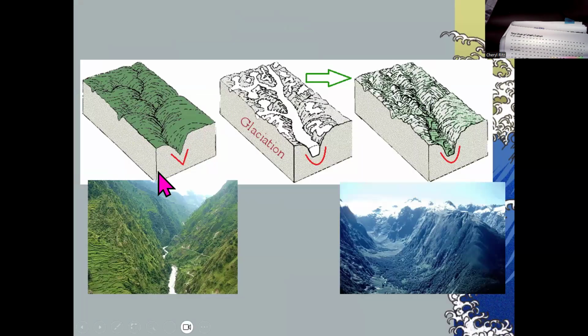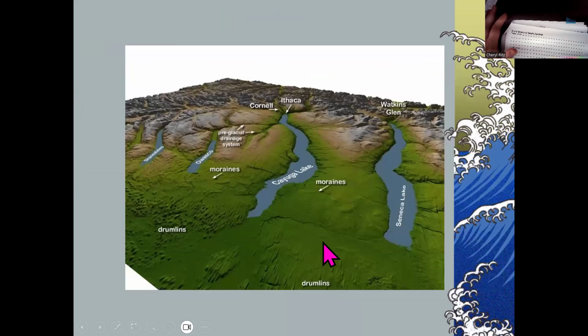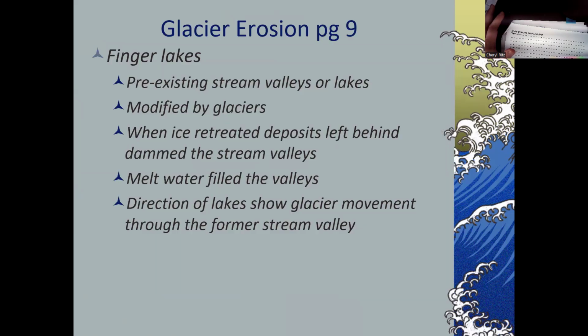Finger Lakes were caused when there was already a valley there, a V-shaped valley. By the way, V-shaped valleys are created by rivers. As you can see here, this V-shaped valley. What happened is the glacier filled in that valley, and we already know what ice can do. It's going to pop out and carve that valley deeper, creating that U-shaped valley. And it just happened to do it in 5 existing river valleys. So the Finger Lakes,